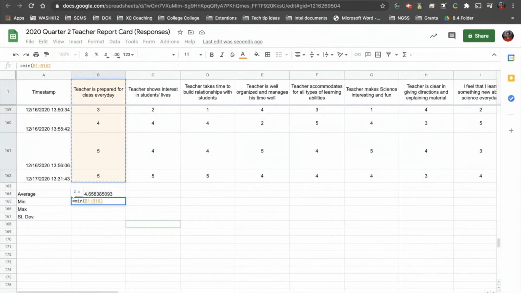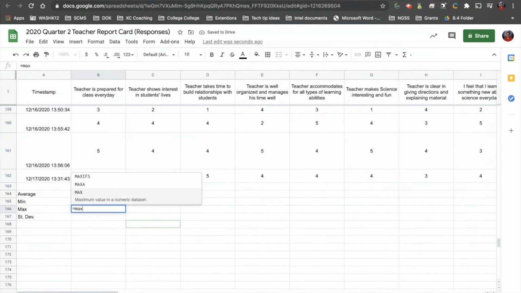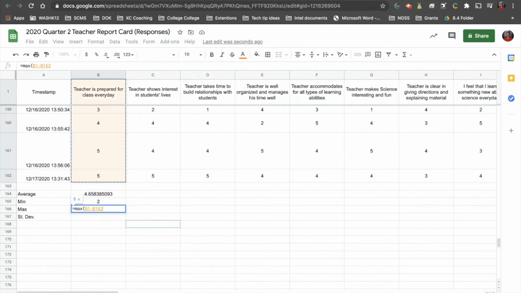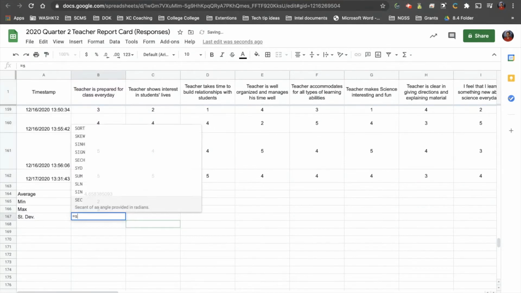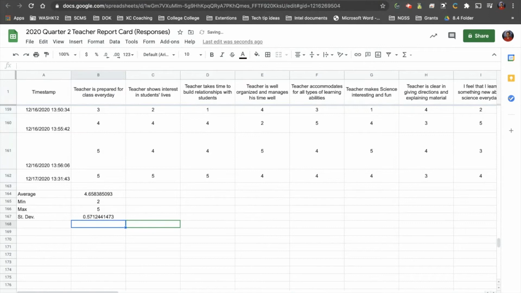So I want to see what the minimum value in each one of them is. And I think that was 1, maybe not. Okay, and this one it was 2, that's good. What the max value is, so I'm just doing the same thing here. Let's see. And the standard deviation. If you're not familiar, standard deviation is how far away do the values fall away from center. And this is probably one of my most valuable analytics.